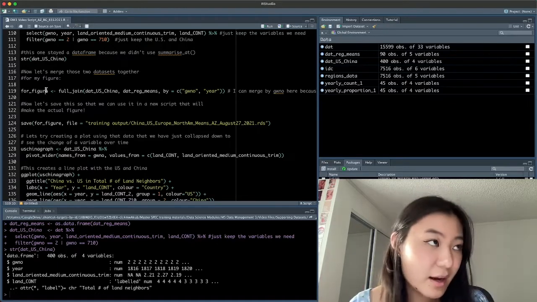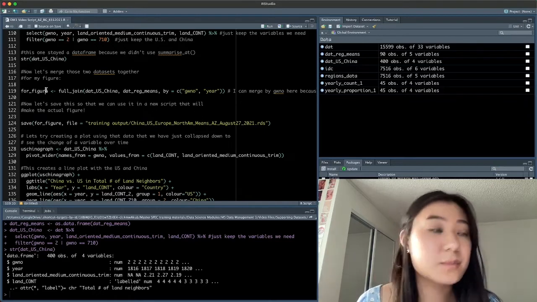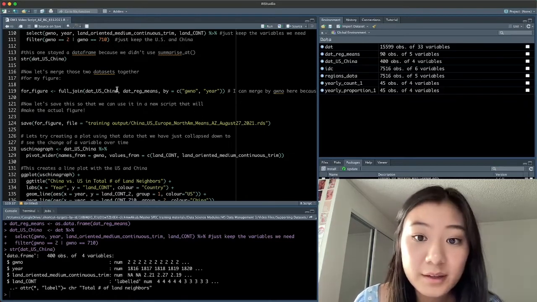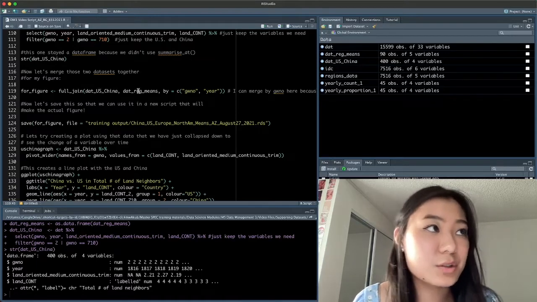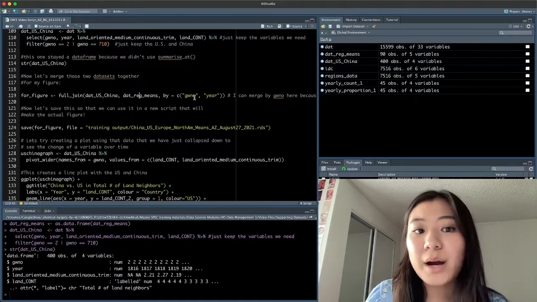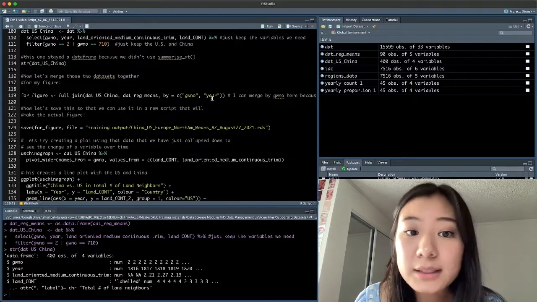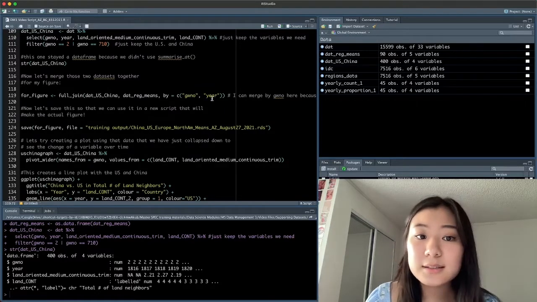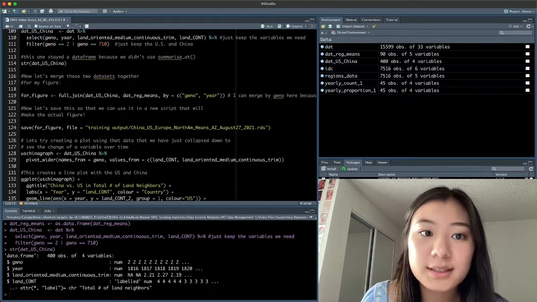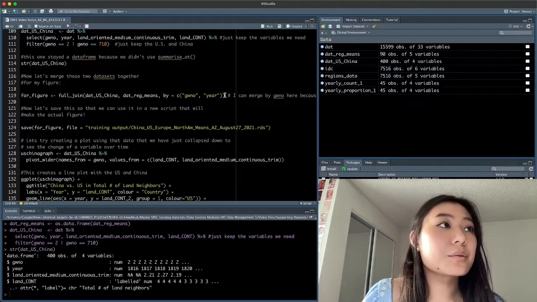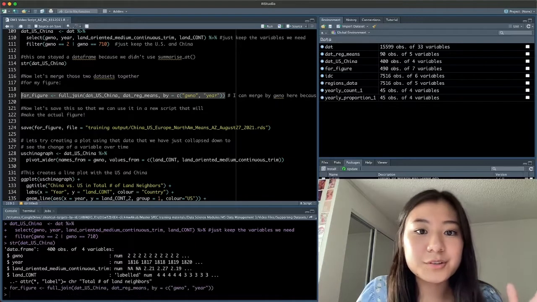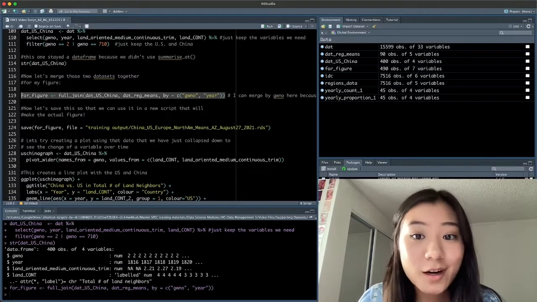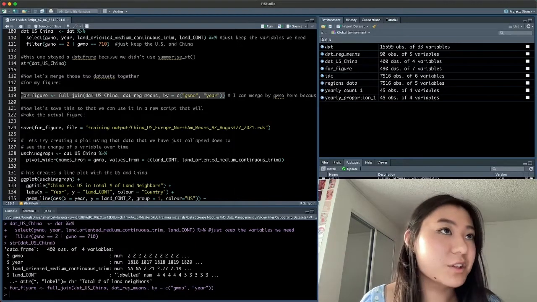I've got to specify the 2 different data frames I'm going to merge together. And so it is dat US China, dat reg means, and I'm going to merge by GWNO and by year. They uniquely identify all the observations in each data set. We will run this command and we'll create this new forFigure object, which looks like